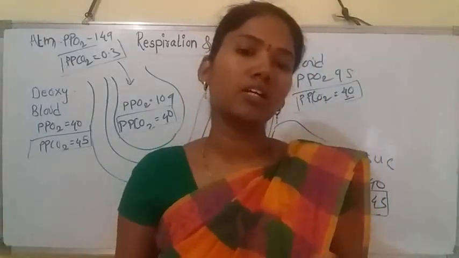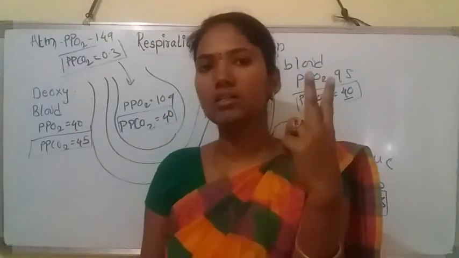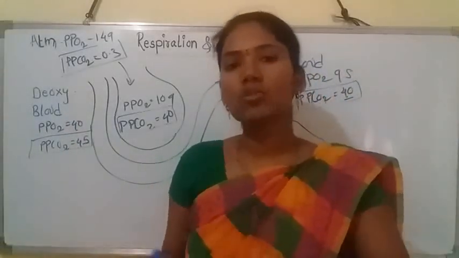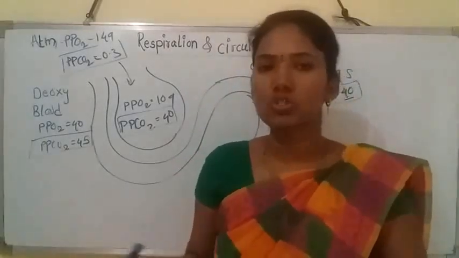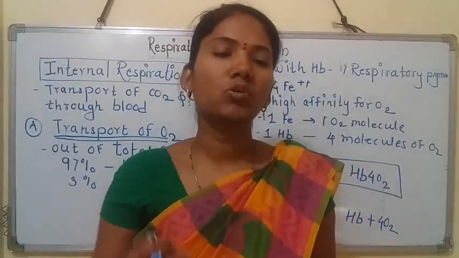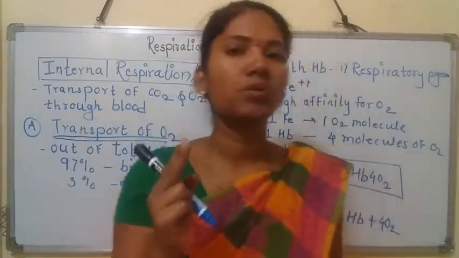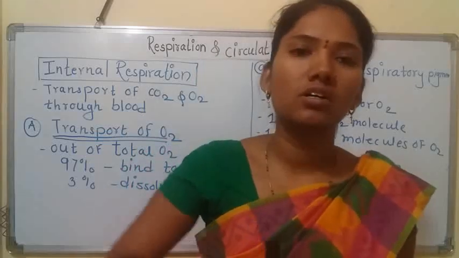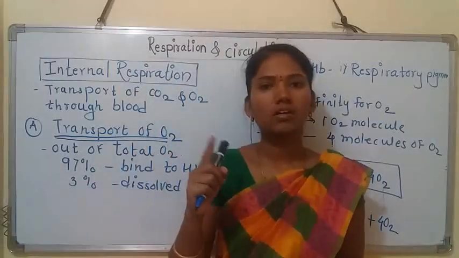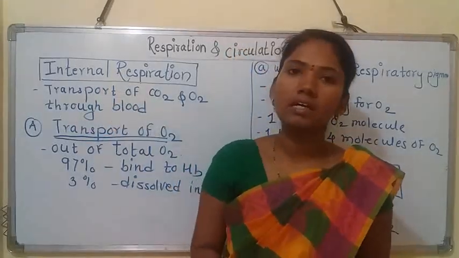So we were discussing the mechanism of respiration, and in the mechanism of respiration there are 3 points. One is breathing, another is external respiration, and now the third point is internal respiration. Now we are going to start that point, internal respiration. In the mechanism of respiration there are 4 main steps, as I told you in the previous lecture. The first step is breathing, the second step is external respiration, the third step is internal respiration, and the last one is cellular respiration. We have completed breathing. Next we have completed external respiration. Now we are going to start internal respiration.